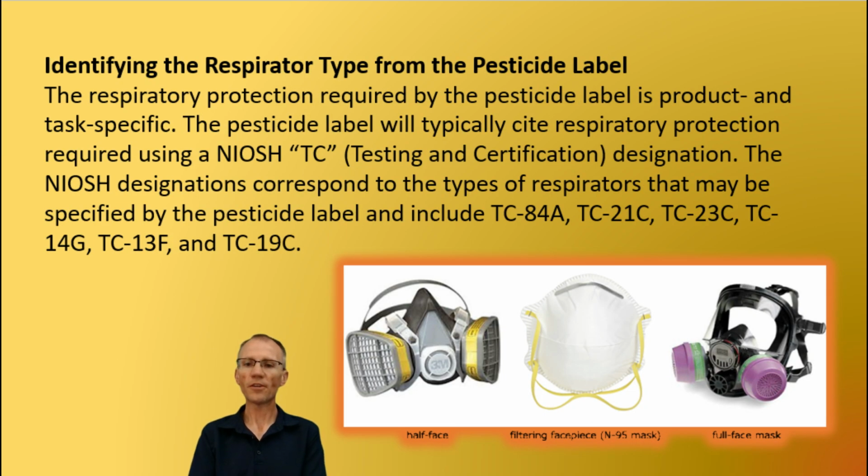Identifying the respirator type from the pesticide label. The respiratory protection required by the pesticide label is product and task specific. The pesticide label will typically cite respiratory protection required using a NIOSH TC testing and certification designation. The NIOSH designations correspond to the types of respirators that may be specified by the pesticide label and include